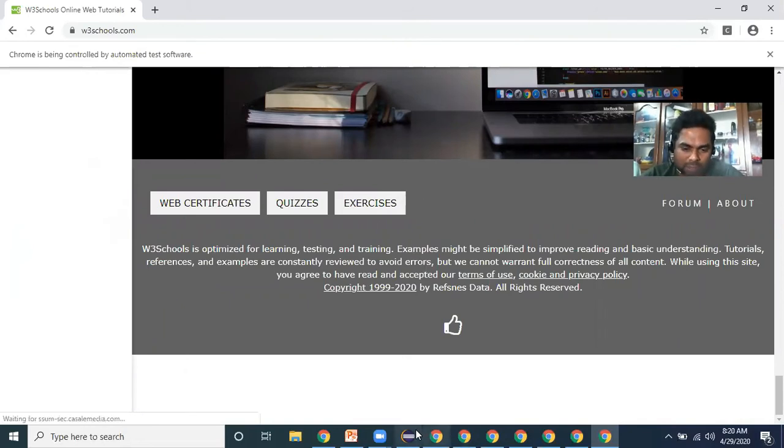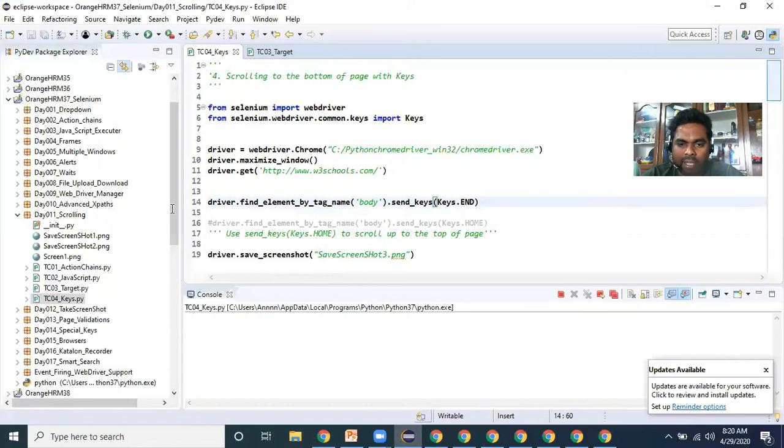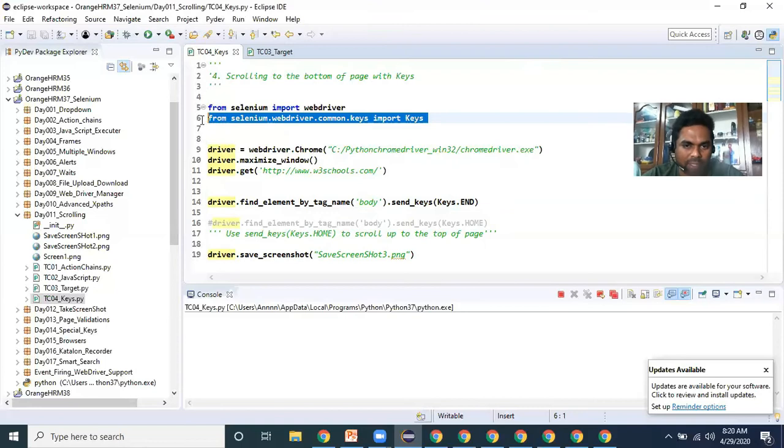So this is the fixed line we can use to scroll completely to the bottom of the page. That's what we understood. To write this one, you need to import these keys. How to use the keys, we are going to discuss in a separate lab again, and what labs we can do on this package. So now we understood.